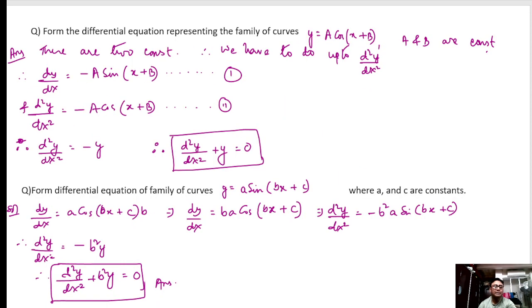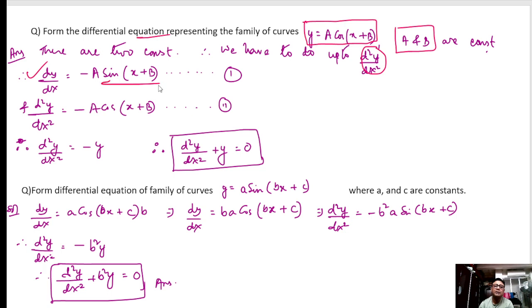Let's see the next question. So the next question says, form the differential equation, and this is our equation. They are telling there are two constant terms, so we have to go up to second order differentiation. Okay, so first doing the differentiation first time, y is dy by dx, cos x plus b